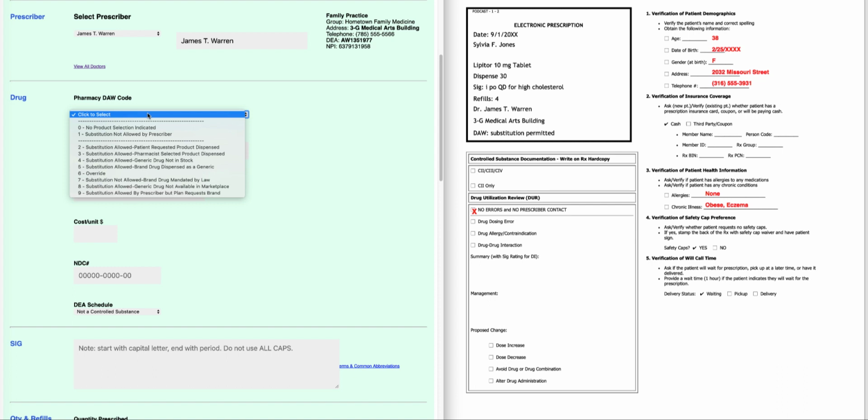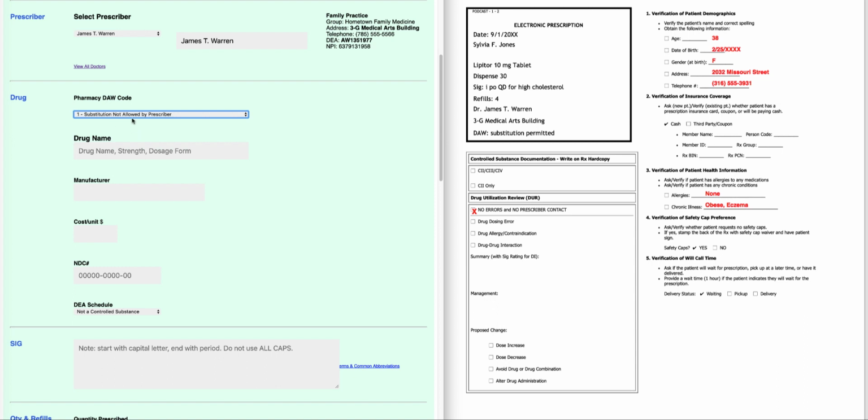If the doctor says do not give a generic, brand only, no substitution, any of that verbiage, then you're going to select number 1, which says substitution not allowed by the prescriber. Okay, so let's see, does that apply to this prescription? Again, different prescriptions indicate this in different ways. You really have to take each prescription and look carefully